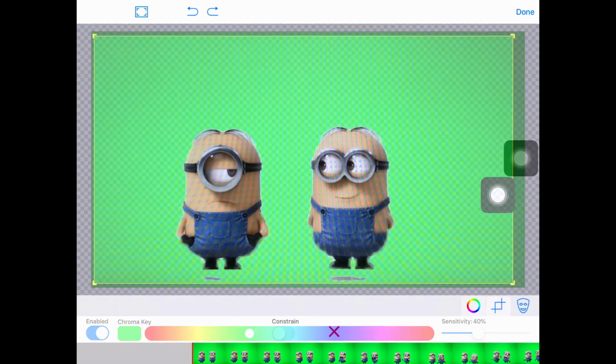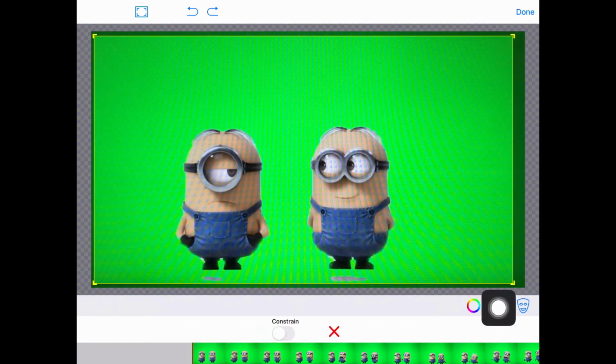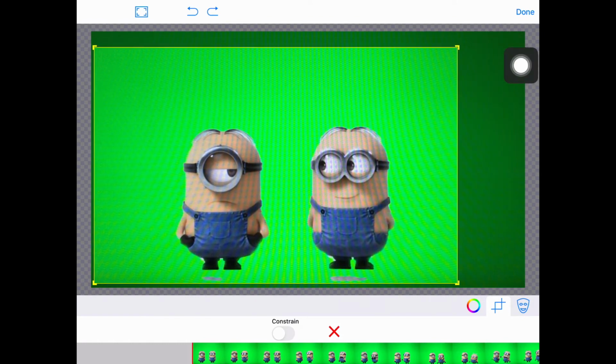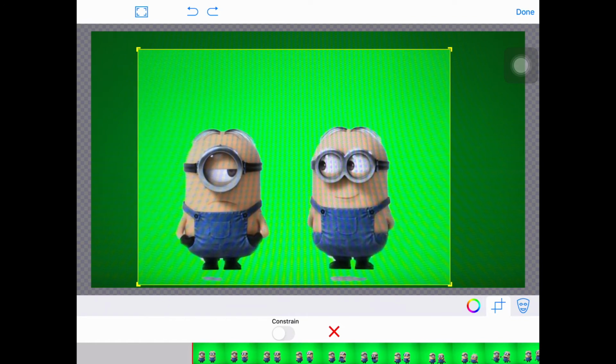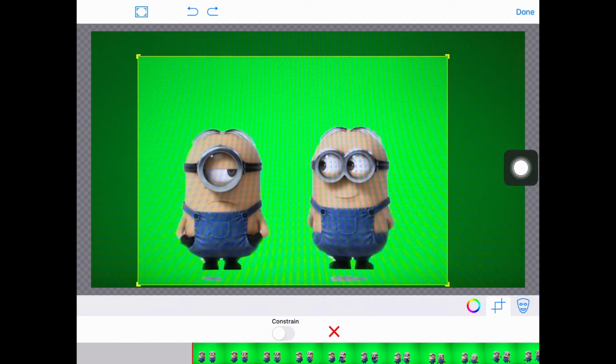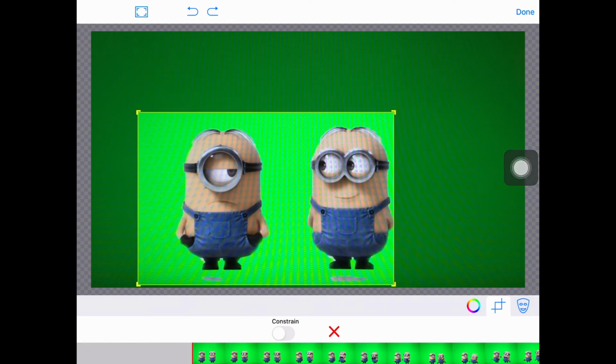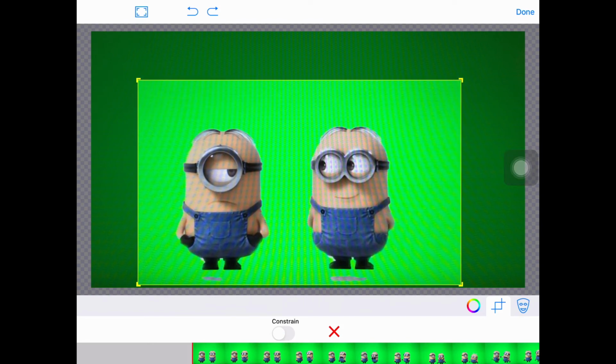the cropping button. Now that you're in the cropping section, what you're going to do is pull in these sides to make sure that you crop out all the extra things that you might have around it. If you've been filming in your basement or your family room or your living room or something like that, you want to make sure that you don't see those things around you. When you crop in, make sure you don't go too close, because if you're moving your arms, you might cut your arm off in the film that comes out. So just make sure that you leave yourself enough space so that you can see those body parts that are